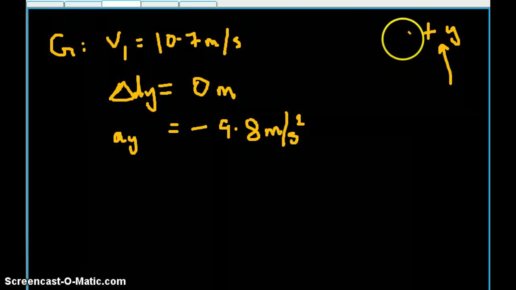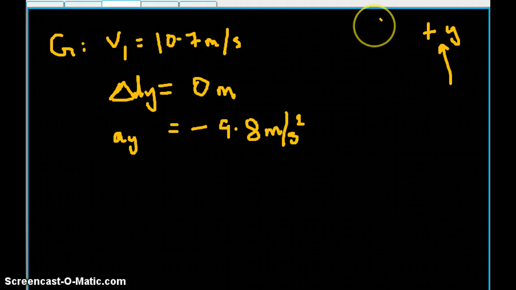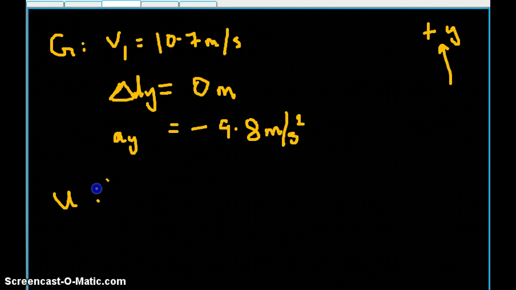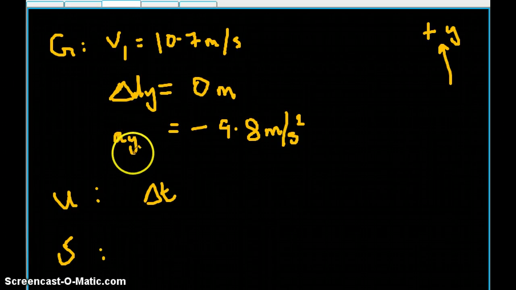So we have that, and what else do we know? Well, we don't really need to know anything else, because from our awesome key kinematics equations, we can. Oh, my bad. The unknown we're looking for is delta t. So you should really be writing it like that. So what equation can we use? Well, there's a bunch of equations, but we know v1, we know delta dy, we know ay, we just don't know delta t. So the equation we can use is